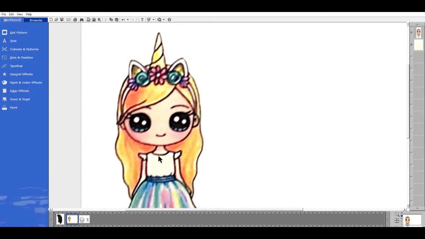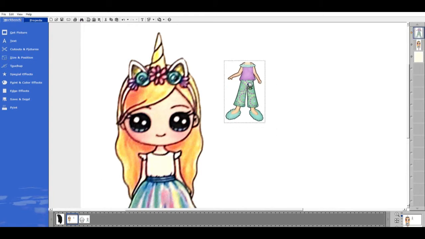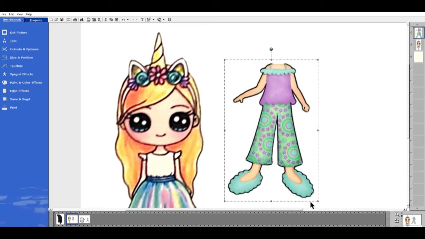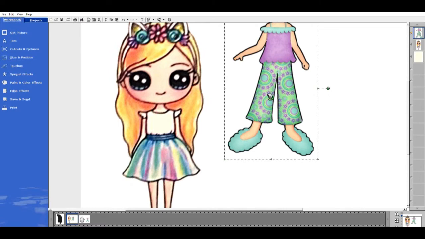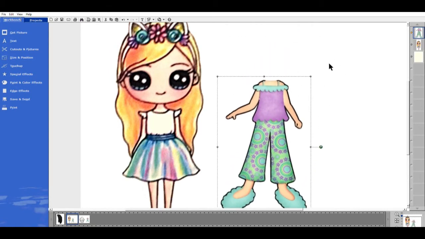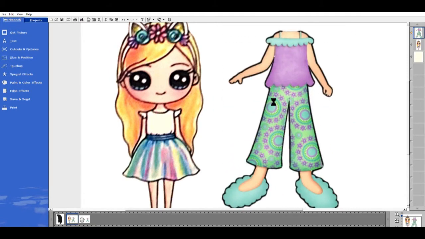So first of all, she wanted the doll wearing pajamas. So I googled clip art pajamas and I came up with this one. So I'll drag this up from the bottom into my picture. And as you can see, it also had the light skin tone, and the customer wanted a darker skin tone. So I'm going to